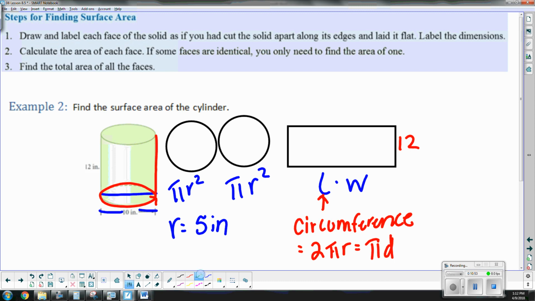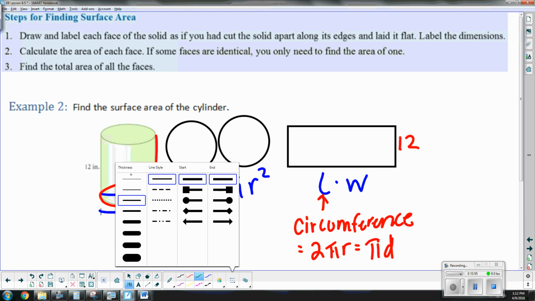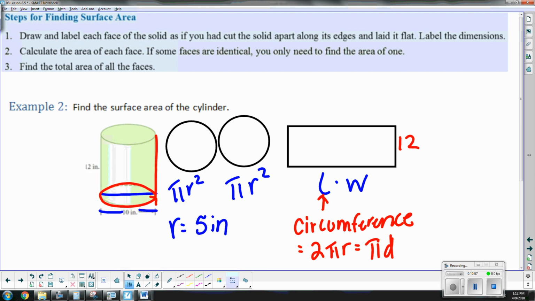So in this example, let's look at the area of the two circles. So we have two circles that are exactly the same with a radius of 5 inches. So 2 times 5 squared times pi. So 2 times 25 pi plus